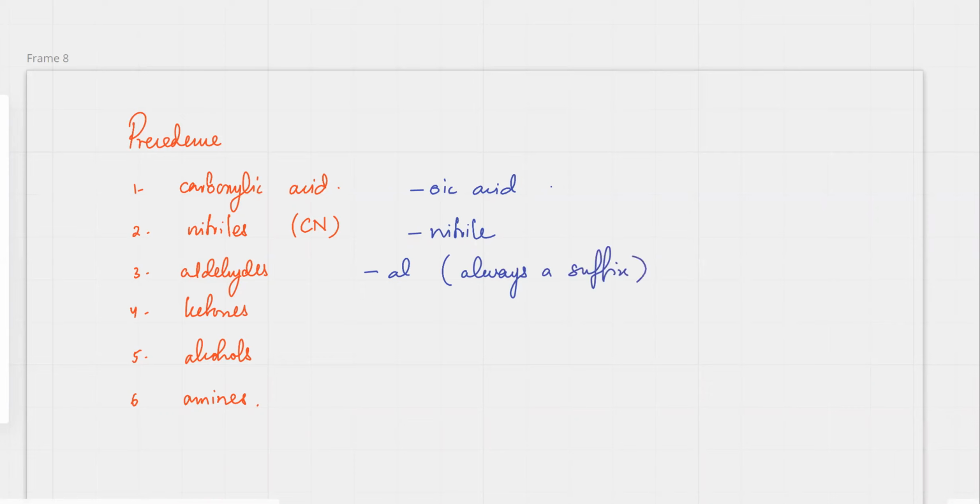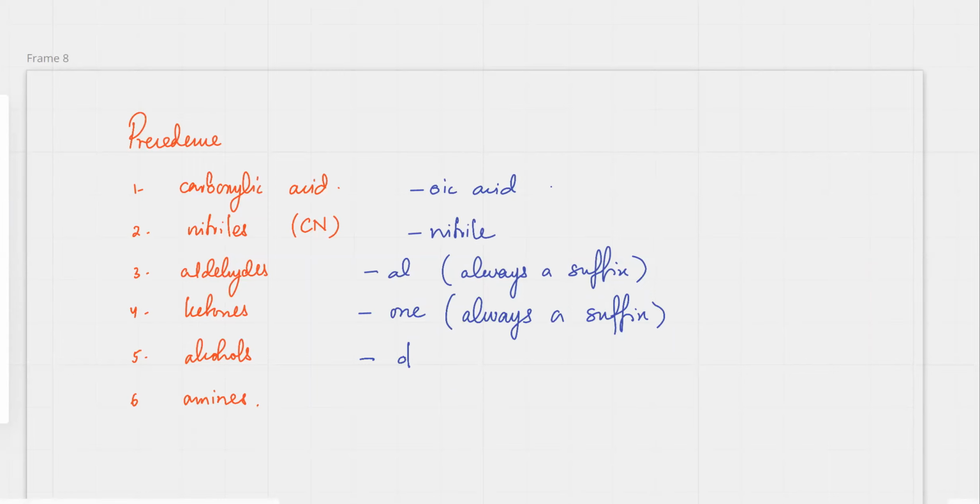So a molecule can have multiple suffixes as well. Ketone is going to be called an one, and it's always going to be a part of the suffix. An alcohol would be an ol,